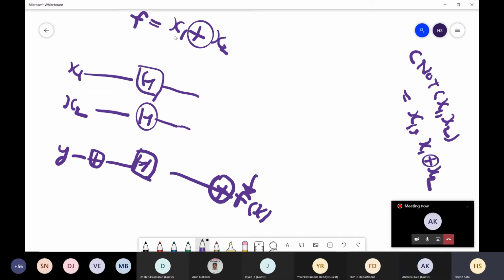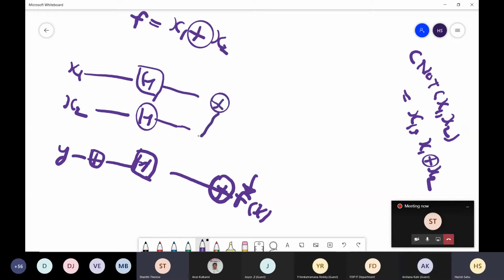So how can I get x1 XOR x2? I have given a hint that the C0 gate does this kind of thing. So we have to apply the C0 gate. From where to where? Both x1 and x2 will be joining. Okay, so like this.